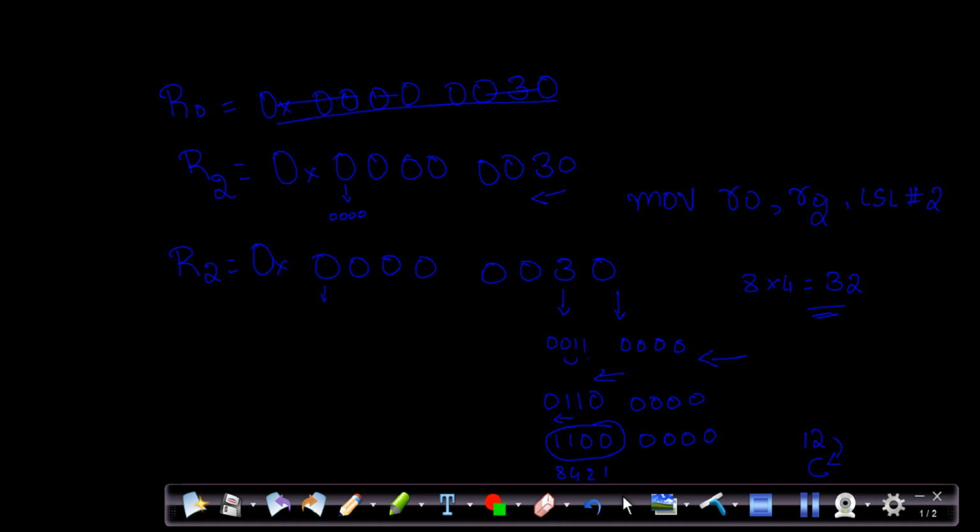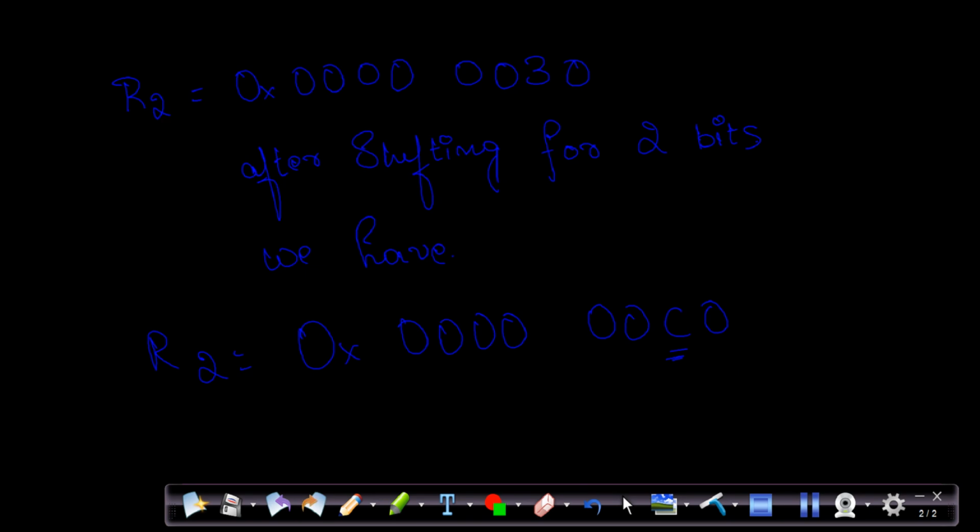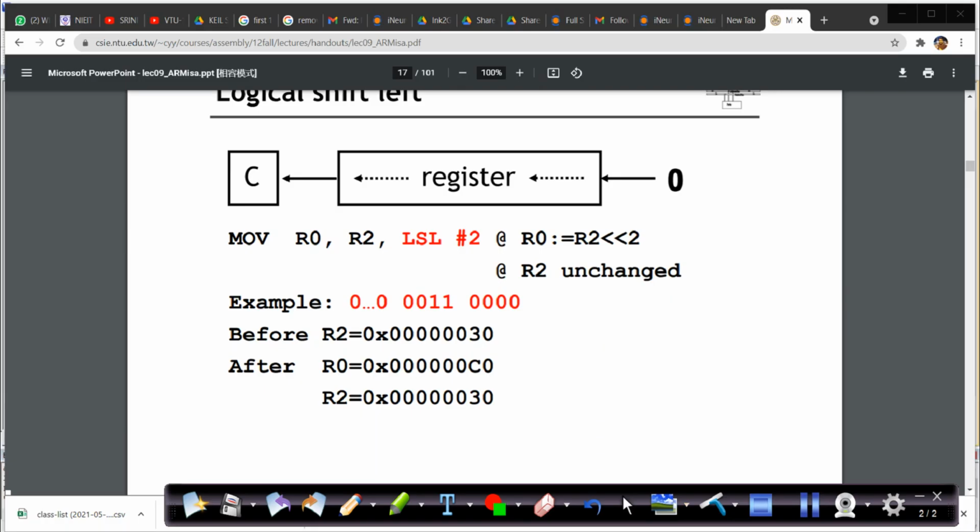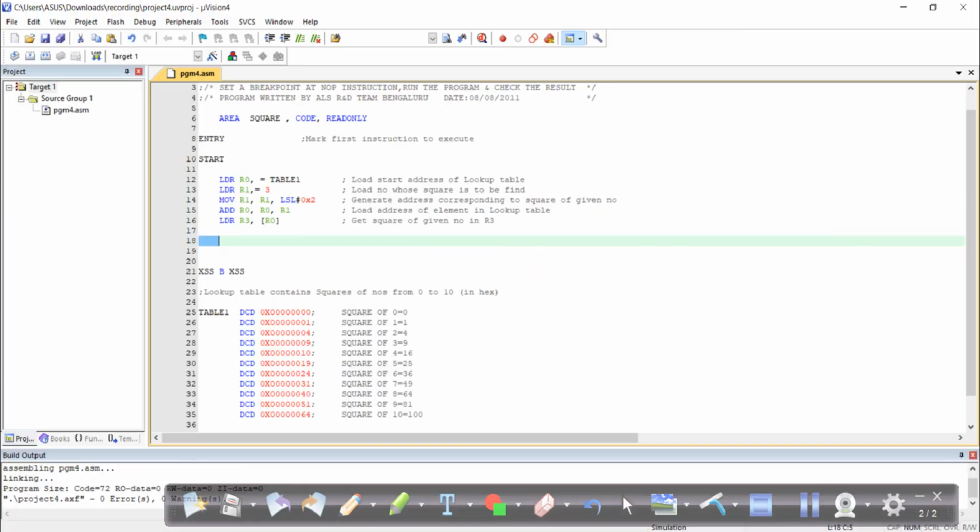So its value is C. So this is how you do your left shift operation. Having understood this instruction clearly, we'll go back to our program and continue our discussion.